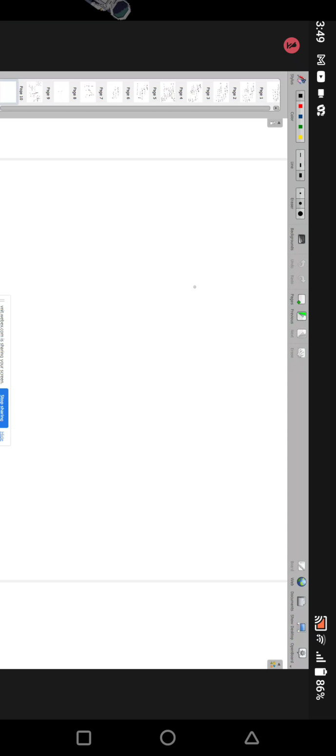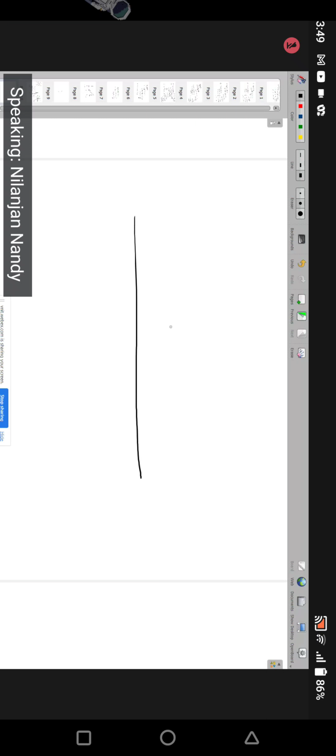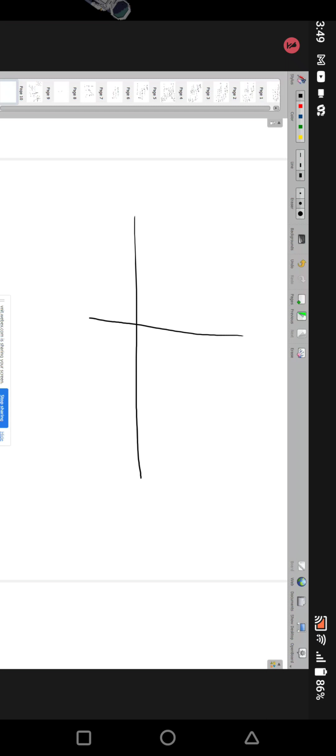So for the first curve, first tell me, will the curve form a loop? As you can see, this curve will form a loop because it is passing through 0 comma 0 as well as 3a comma 0, but also it is symmetric about which axis? Symmetric about the x-axis. So there will be a loop